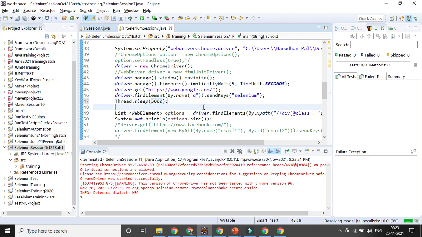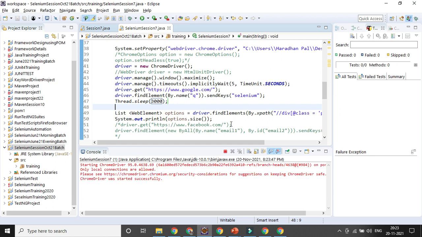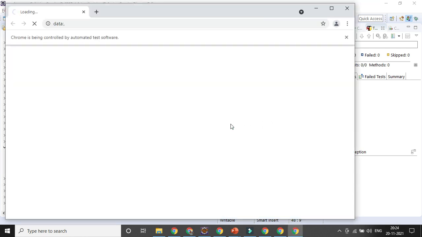Let's run it again and see. Otherwise it will not work, because after entering the page the options will open and it will take some time. That is the reason you should give some wait time. 2 to 3 seconds is fine. I think maximum 5 seconds is required, not more than that.